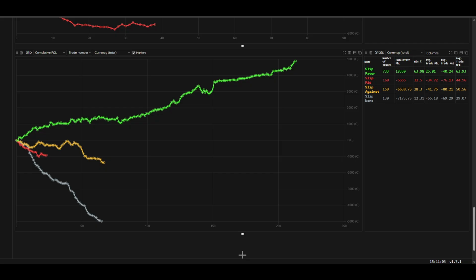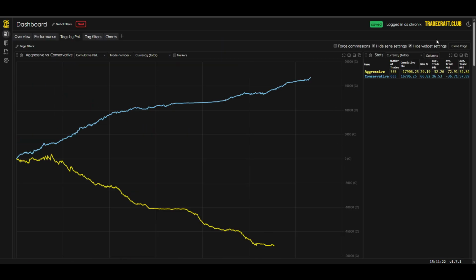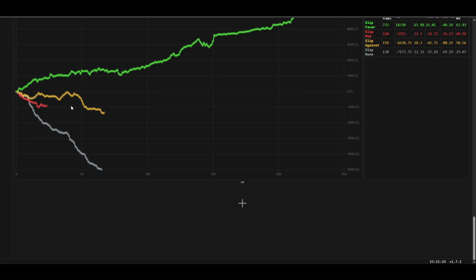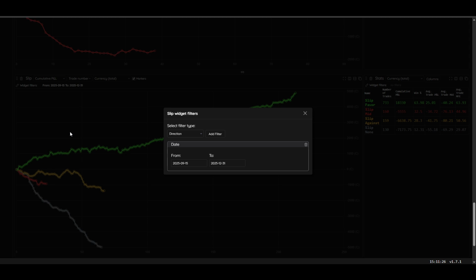But I'm curious about risking ticks to... .19 minus. So if I had a widget and I did